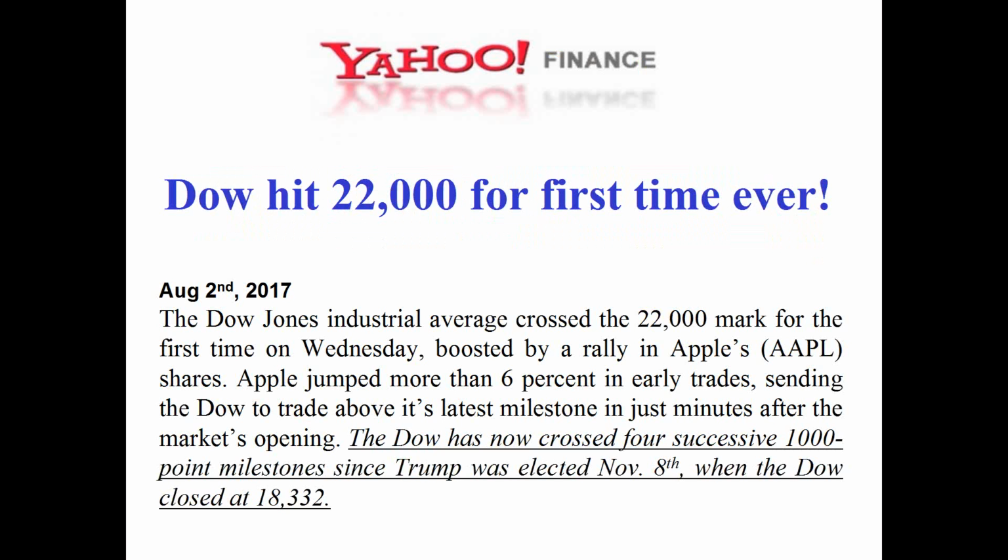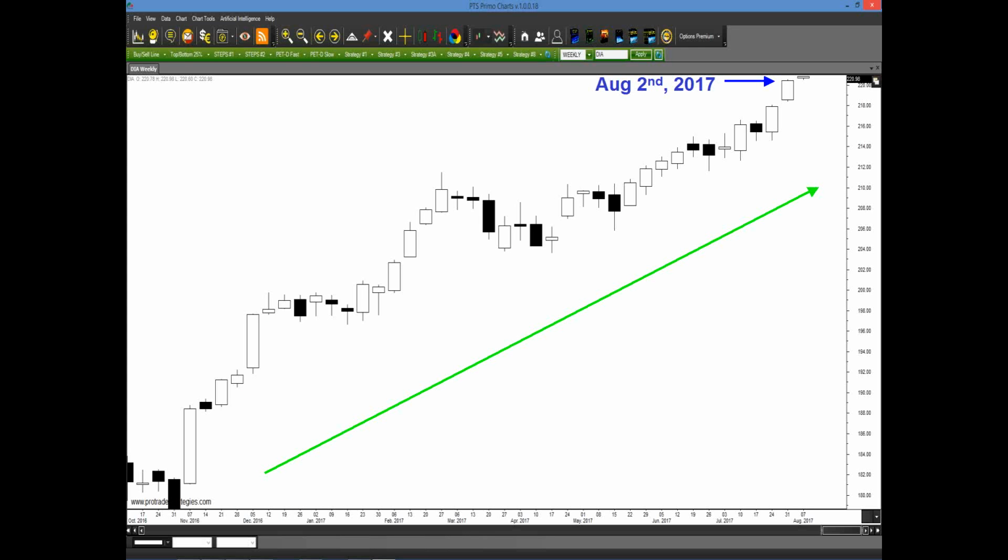And why is that? It's because our philosophy is the market always tells us in advance what it wants to do. So if you look at a chart here of the Diamonds, this is a weekly chart of the Diamond ETF. It represents the Dow Jones Industrial Average. That's where the news came out on the 22nd, where we've traded at the highest point ever. Well, this tool I'm going to be sharing and revealing to you today would have told you as early as 9 months prior to that we were going to be in an uptrend.